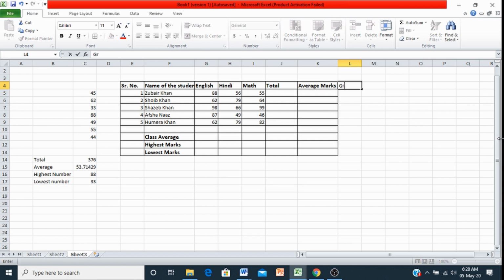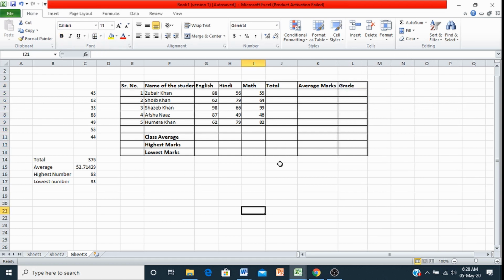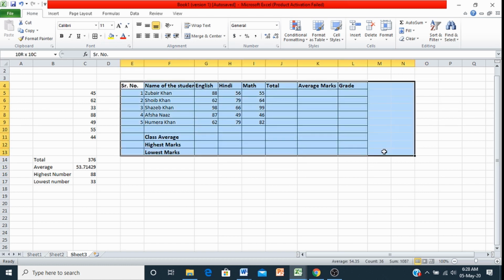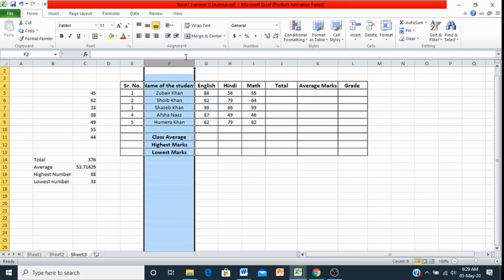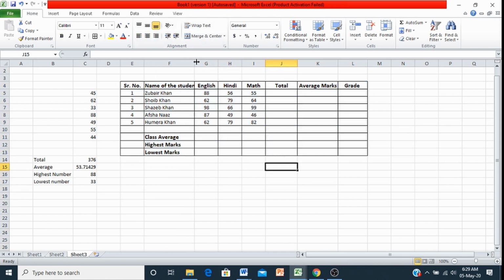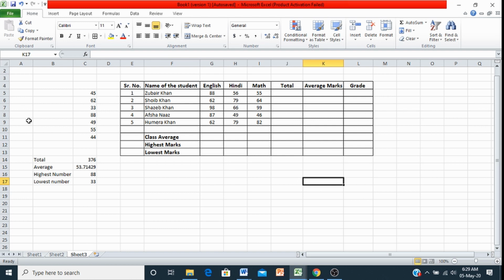One more thing we can put over here, which is grade. Now here we are going to calculate the class averages of each subject.